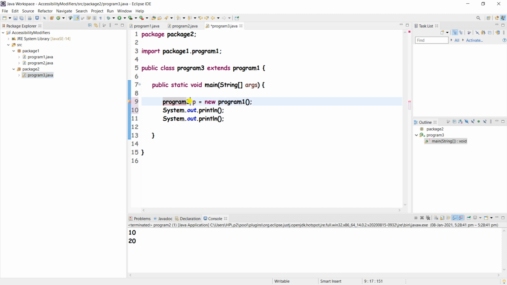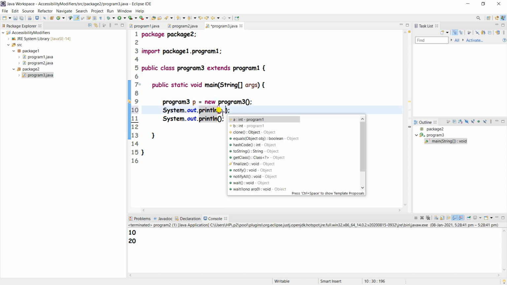Here we need to create an object for program 3. Now we'll check. Okay, here a and b suggestions came, right?